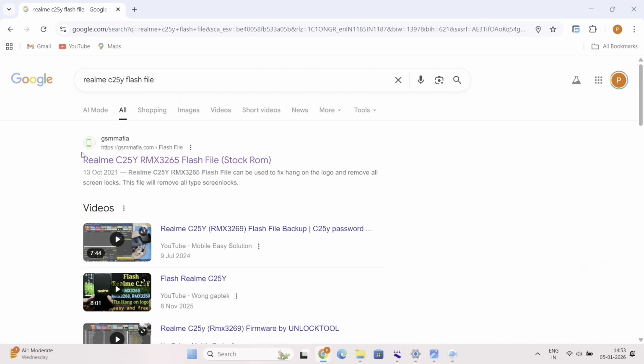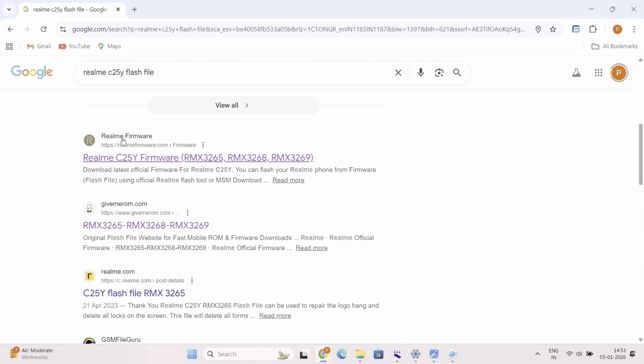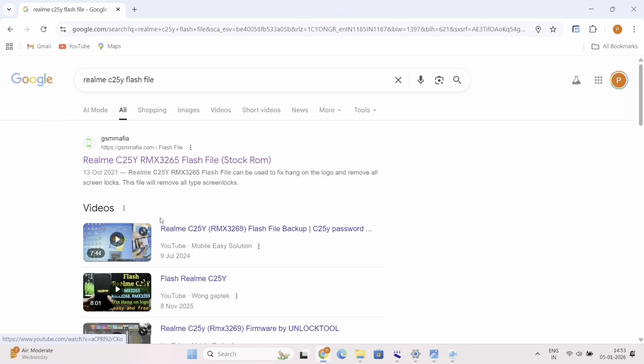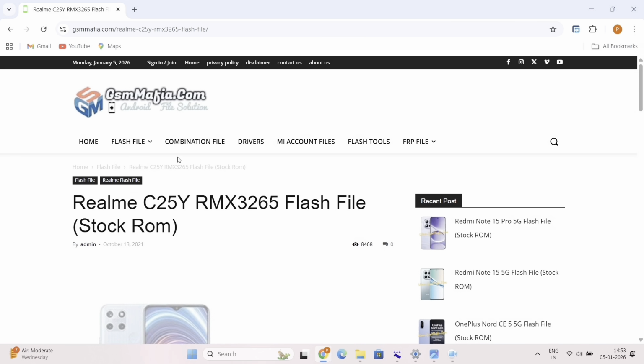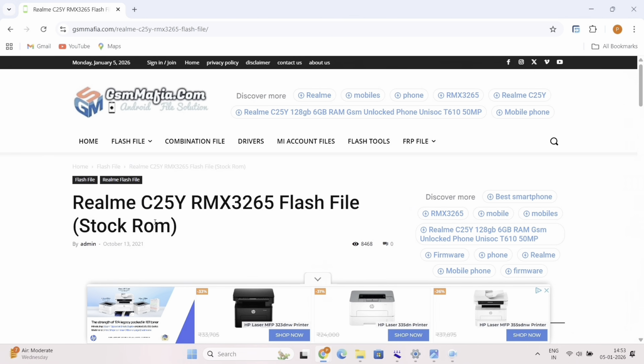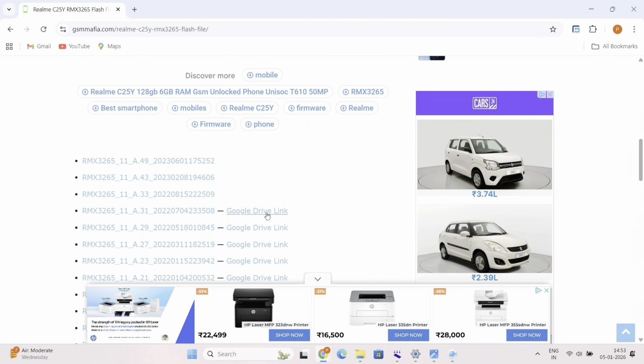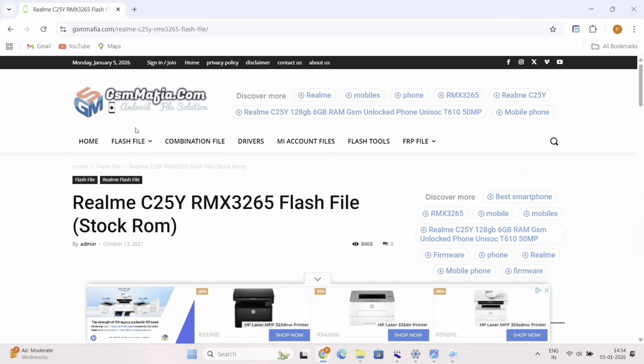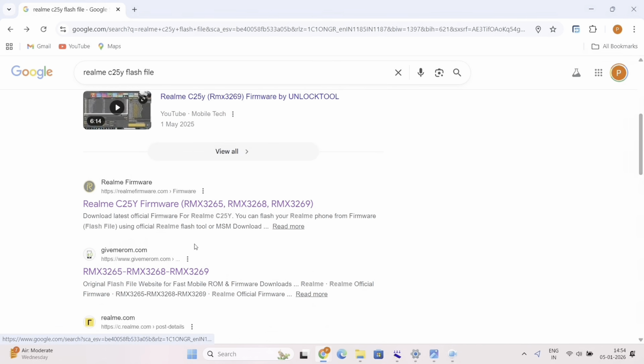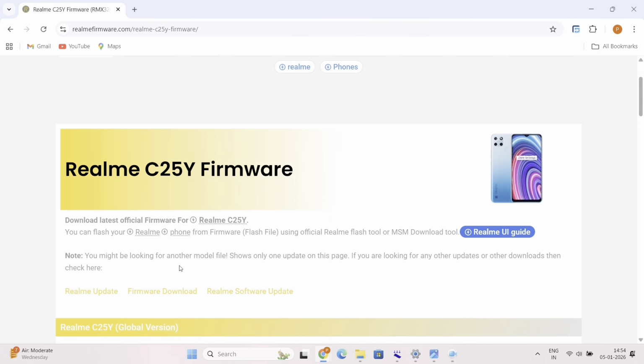my device. So the next step is, if you know your device CPU, after that download the full firmware of your device. For example, my device is Realme C25, so I simply search for Realme C25 flash file, visit any website and download the full flash file. Better if you download the latest one. Try to download the latest file, that's better. If you do not get the latest file, then you can go with an old one, no problem, but try to find the latest